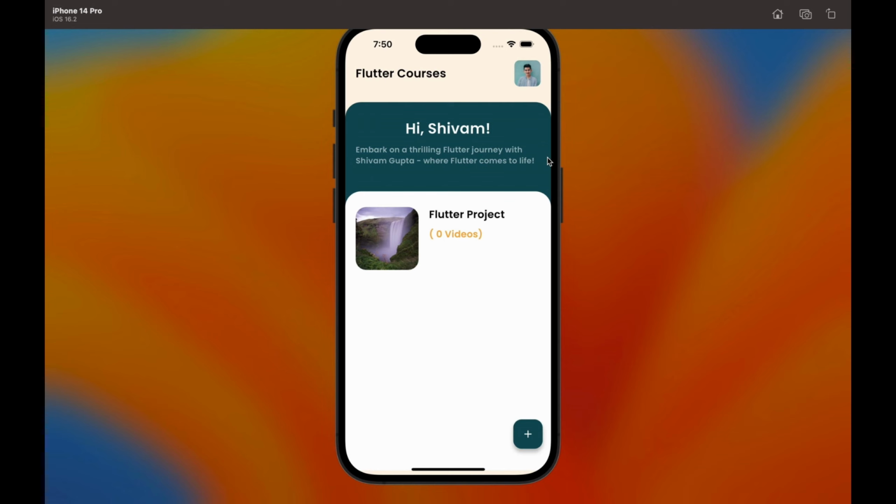So here you can see the app, where at the top it shows the app name, which is Flutter Courses, and on the right side of the screen you can see the user picture. Now just below it there is a username, which is Hi Shivam, and in the same container we have shown an app quote, which is embark on a thrilling Flutter journey with Shivam Gupta where Flutter comes to life. So do not need to worry, I will tell you each and everything about how to create this awesome UI